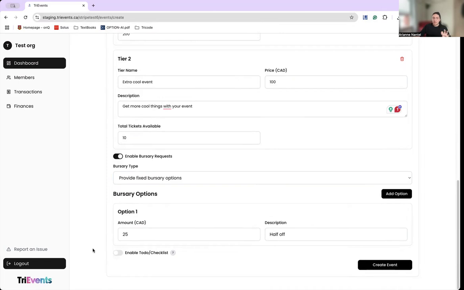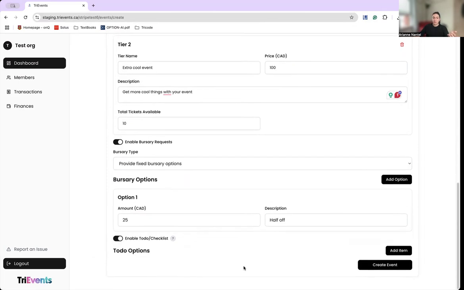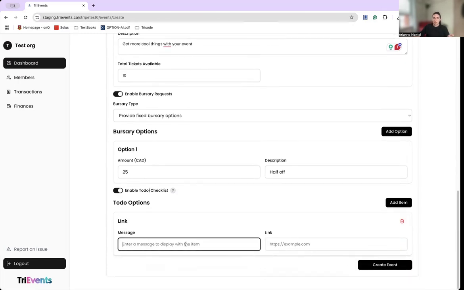The last portion of the setup for your event is whether or not there's a to-do list or a checklist that students should complete before the event. So if you want to use this feature, you will click Enable, Add Item. You can add a link or a checkbox. So if, for example, you're going to a place and they have a waiver to fill out, you can add a link, add a message,